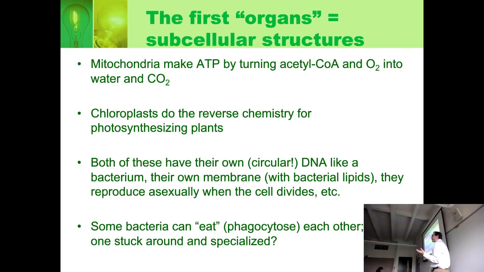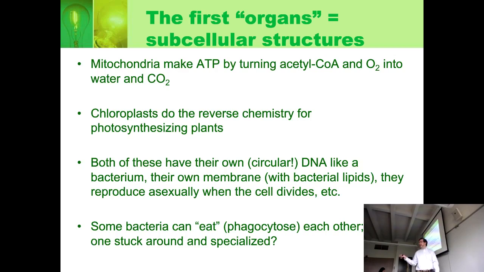So these could be considered the first organs. Before you have multicellular structures, inside a cell you have subcellular structures. And just remember for those who've been through the biochemistry too, mitochondria make ATP. The partnership is that you give the mitochondria stuff to oxidize. They oxidize it and they give you ATP. And the chloroplasts actually do the reverse chemistry in a sense, but they do it by capturing light energy. So the mitochondria release energy, chloroplasts absorb energy, but each of these has their own circular DNA.